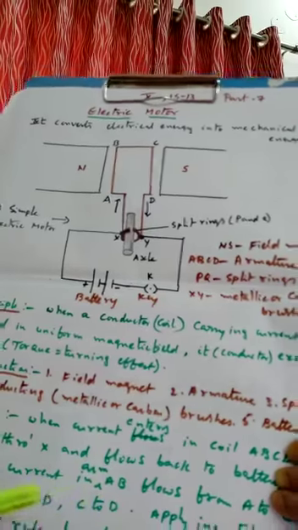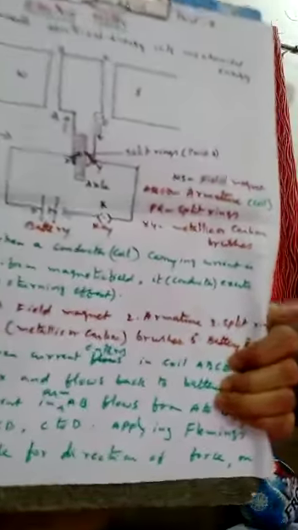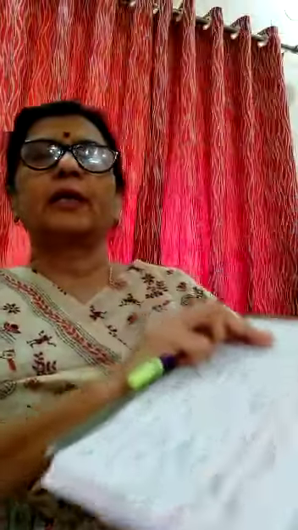So this is about the construction and working of the electric motor, and what are the uses of the electric motor. Uses of the electric motor are very easy. In fans also there is an electric motor. To lift water from the ground floor to the top floor of a building we use a very high powered motor. But in a fan also a small motor is used. And refrigerators, electromagnets, mixers, washing machines, computers, MP3 players, etc. are the uses of the electric motor.